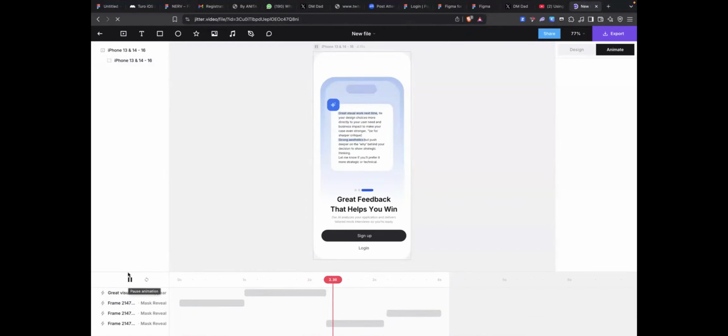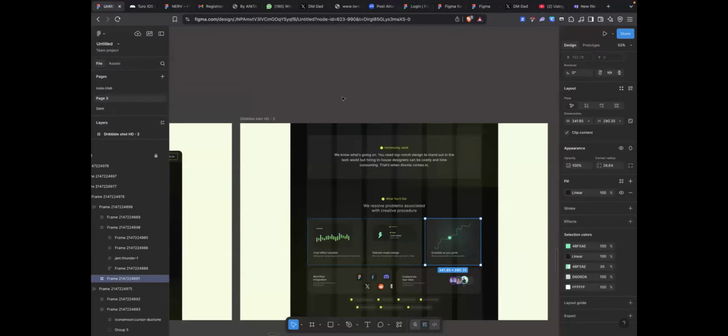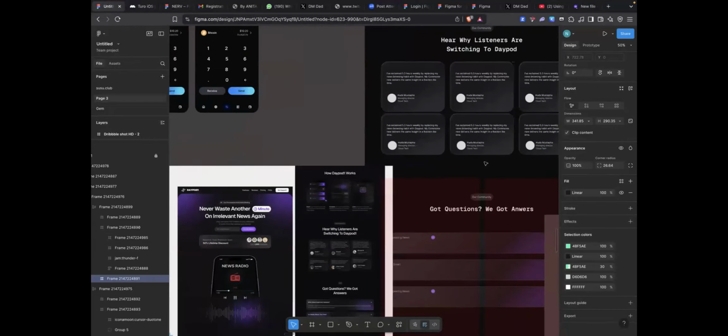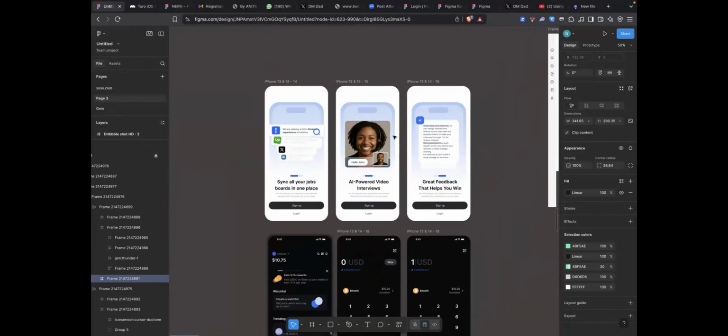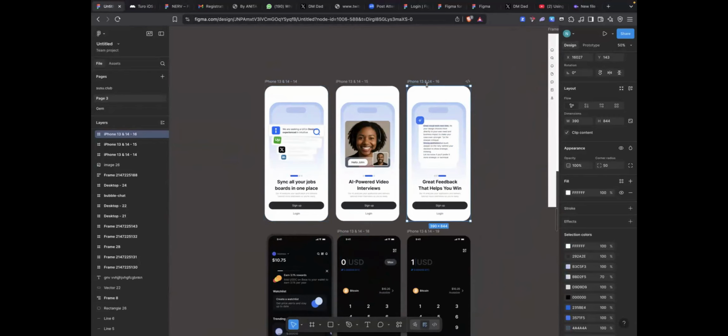It's showing everything. So I think I showed this design. Sorry. This is the design that you just saw now. So this is the design that I animated on Jita.